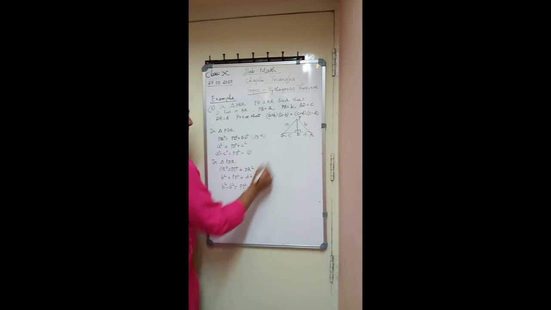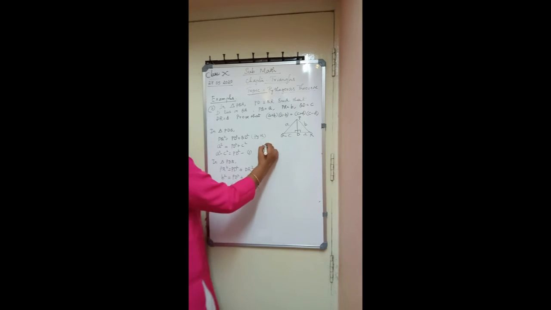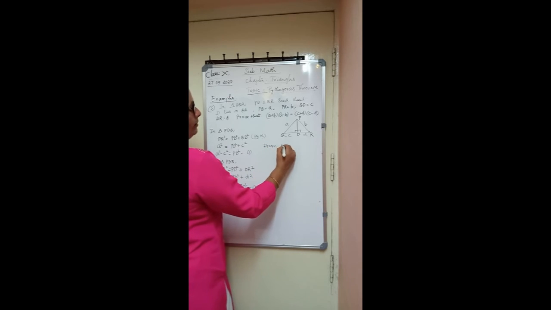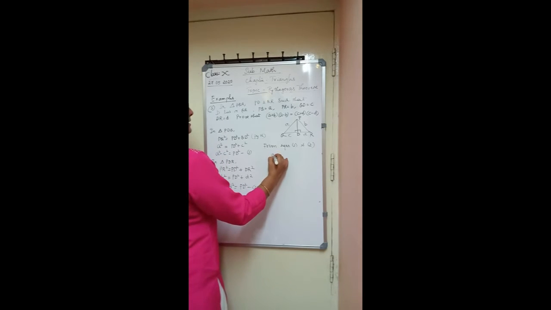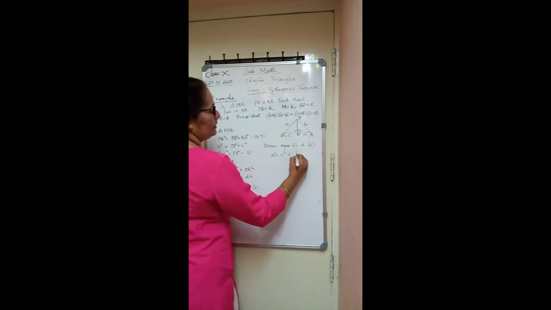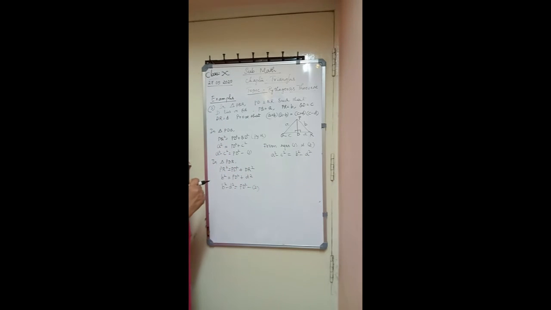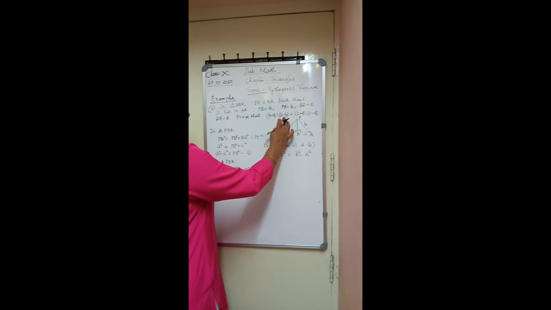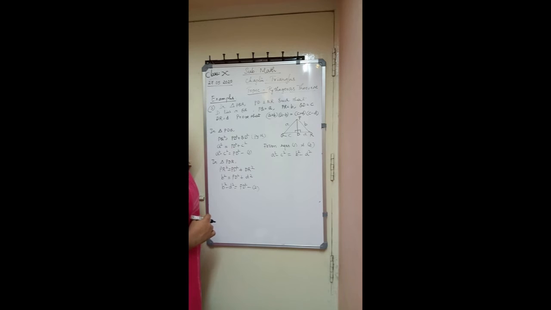So PD is the common side for both the triangles, right? So from equations 1 and 2, a square minus c square is PD square, and b square minus d square is also PD square. From equations 1 and 2, you get a square minus c square equals b square minus d square. Yes. Now compare this here: (a plus b), (a minus b), (c plus d), (c minus d). We have to modify the equations now.